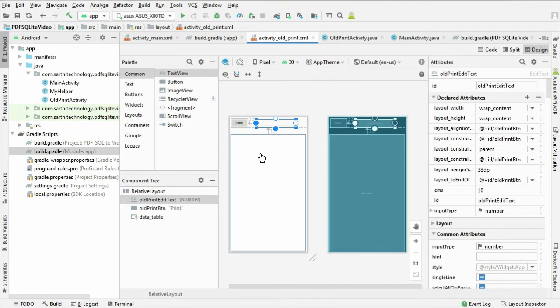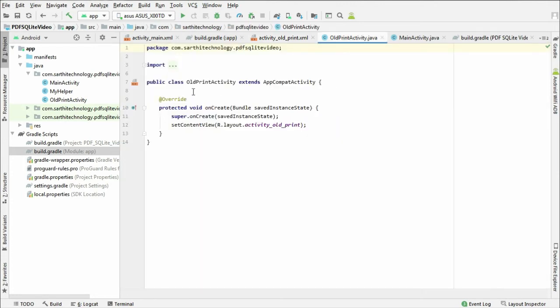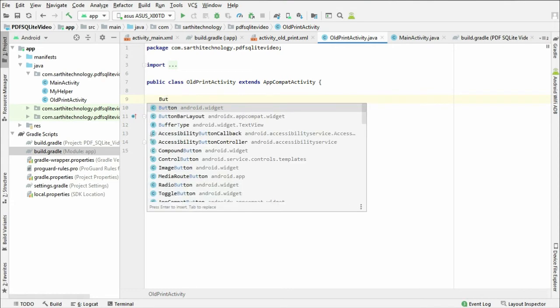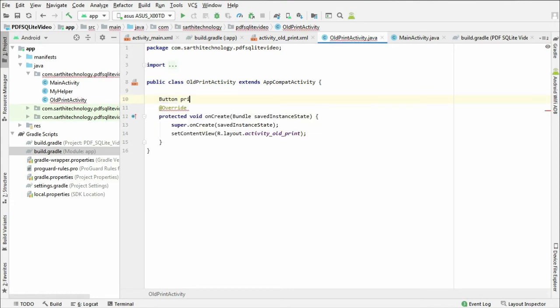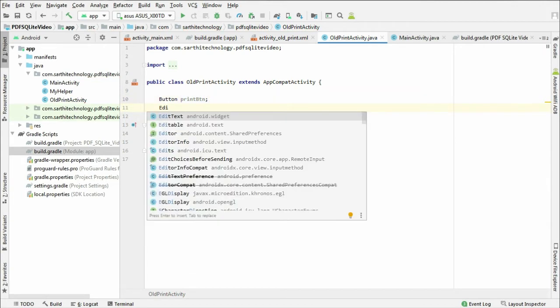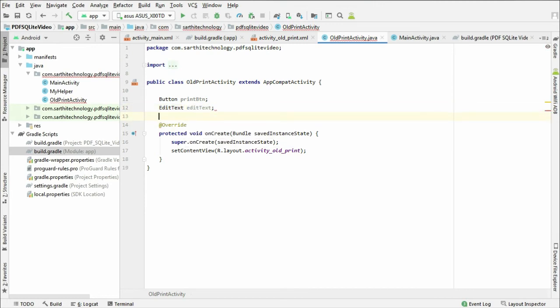Okay, so now just go to the OldPrintActivity.java, and here we will create objects for the widgets. So first is button, edit text, data table.